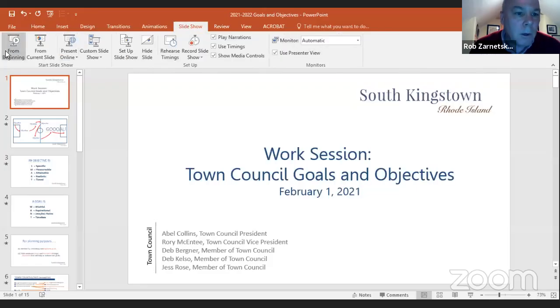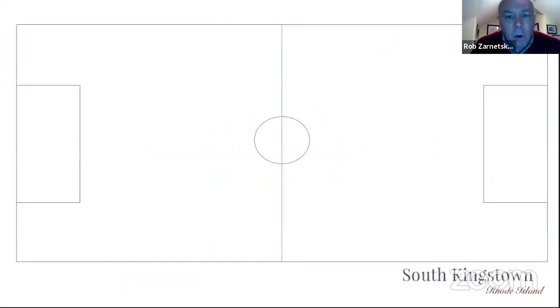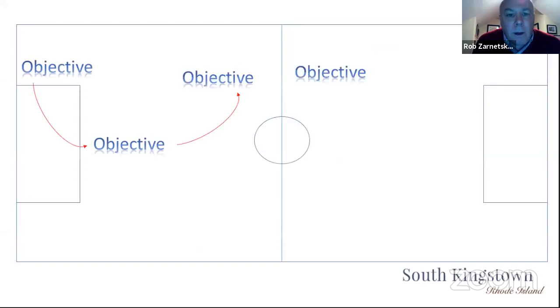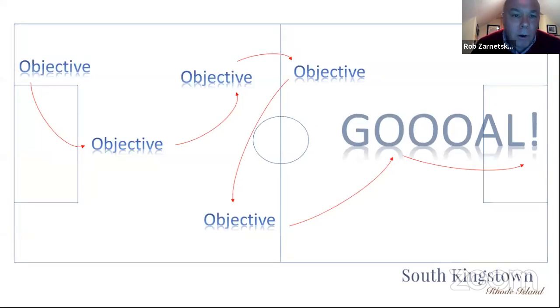Right. And I'm going to start the show. So this is my cute graphic to suggest the difference between a goal and objective. The goal is the ultimate aim. It's what we want to get to in the long run. Our objectives are the way we get there. It's the passes from foot to foot down the field to get to that long-term goal. It's the long-term thing. It's not what we're trying to do next year or in the next couple of years. It's what we're looking for in the long run.